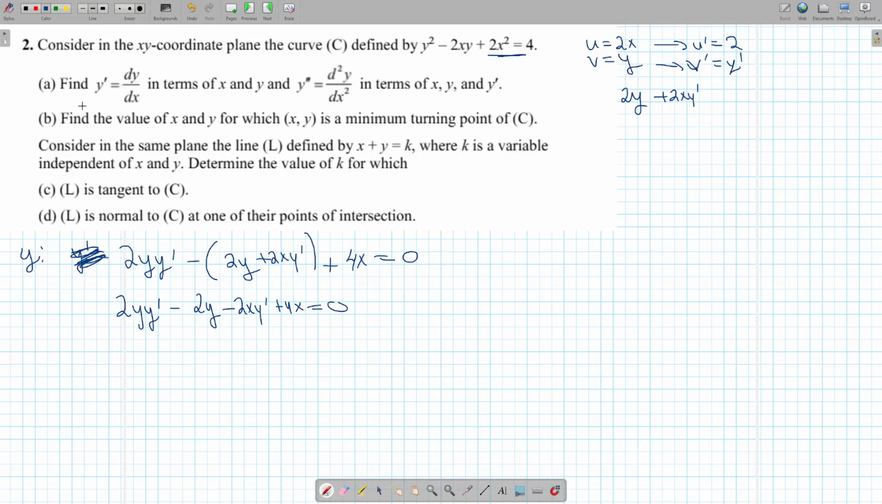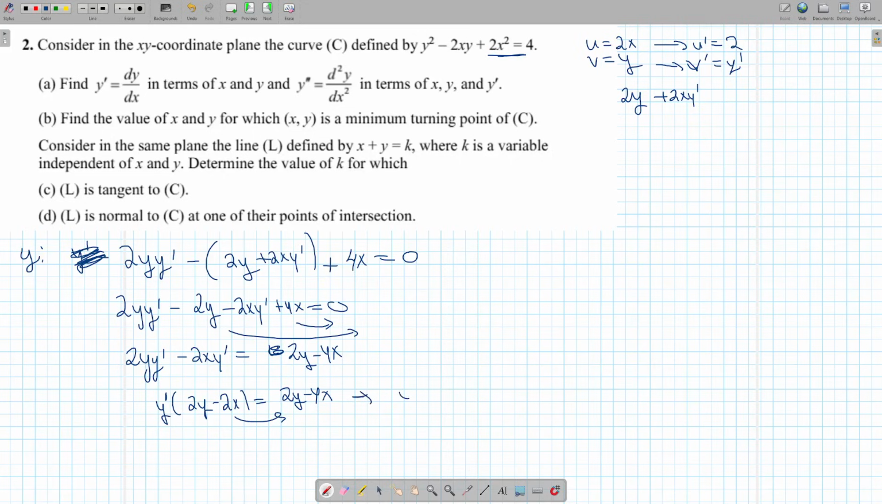Now remember, we're trying to find the expression for y prime, so we need to collect the y primes together. So 2y y prime minus 2xy prime equals 2y minus 4x when you take it to the other side. Take y prime outside, you're going to get 2y minus 2x equals 2y minus 4x. Take it to the other side, you're going to get that y prime is equal to 2y minus 4x